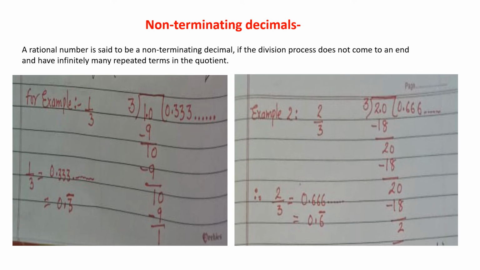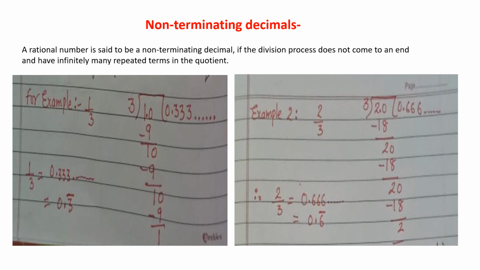Our next topic is non-terminating decimals. A rational number is said to be a non-terminating decimal if the division process does not come to an end and has infinitely many repeated terms in the quotient. Let's understand this with the help of an example. Let's take an example, 1 upon 3, which is a rational number where we have to divide 1 by 3. We will divide 1 by 3 as we divided earlier, and your answer would be